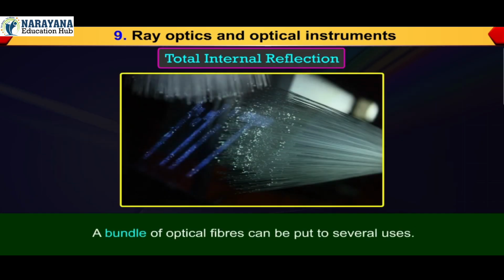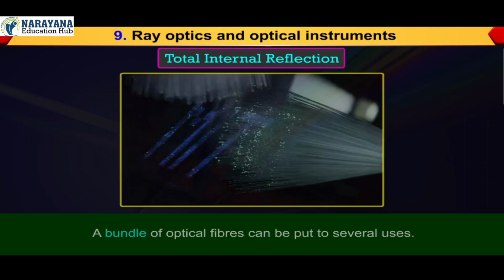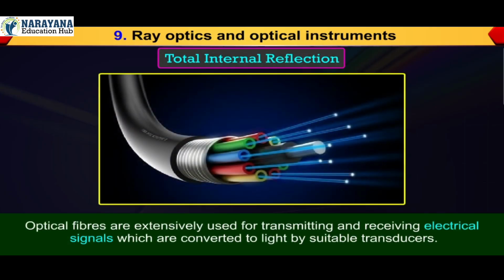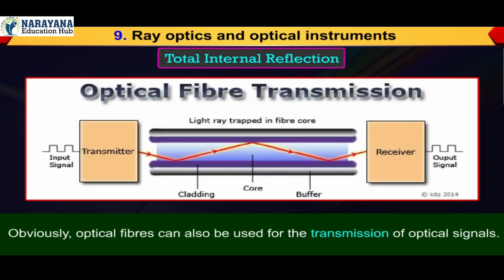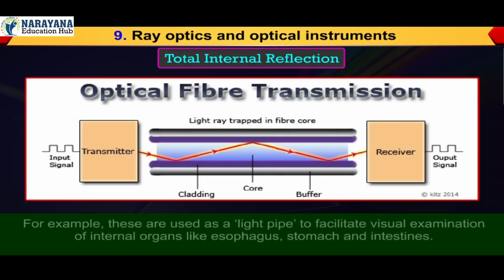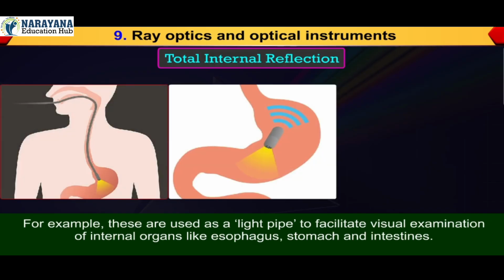A bundle of optical fibers can be put to several uses. Optical fibers are extensively used for transmitting and receiving electrical signals which are converted to light by suitable transducers. Obviously, optical fibers can also be used for the transmission of optical signals. For example, these are used as a light pipe to facilitate visual examination of internal organs like the esophagus, stomach,